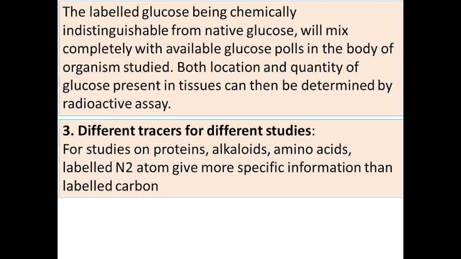For studies on protein, alkaloids and amino acids, a labeled nitrogen atom gives more specific information than labeled carbon. So if we have to study proteins, alkaloids and amino acids, then the nitrogen atom is more specific and will give more information as compared to carbon. So if studies on protein or amino acid are being carried out, then labeled nitrogen is generally used. So all these three are the significance of